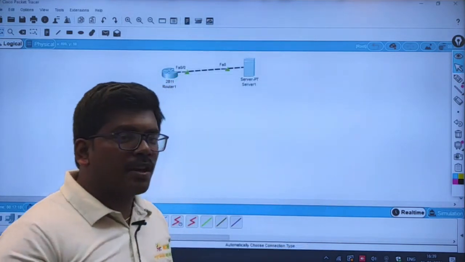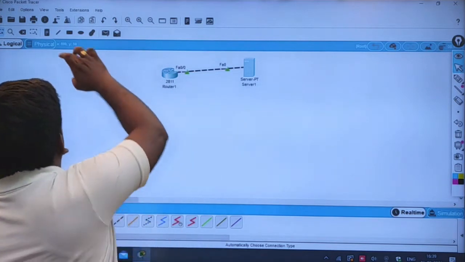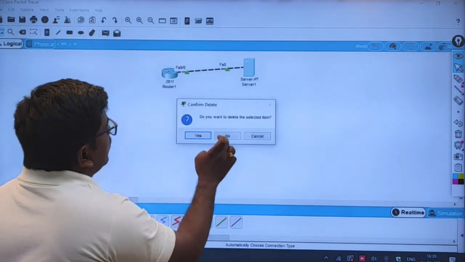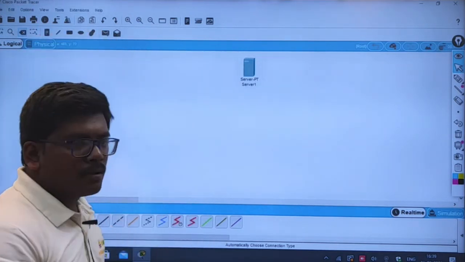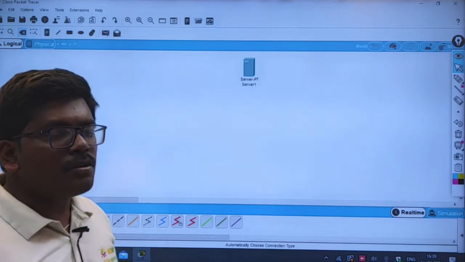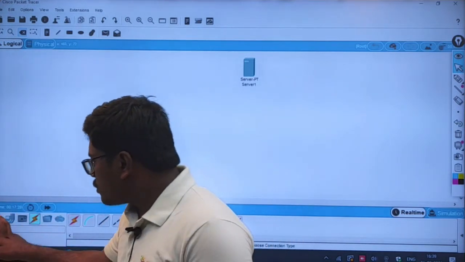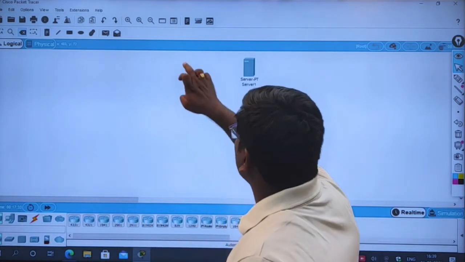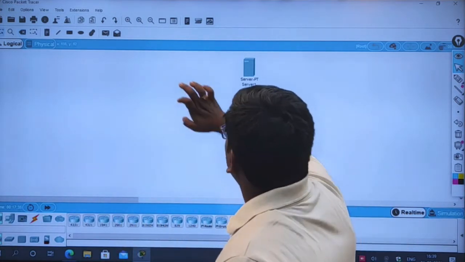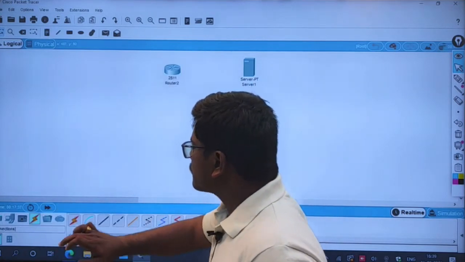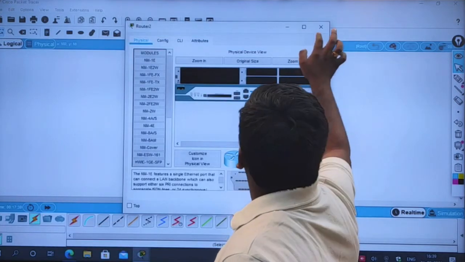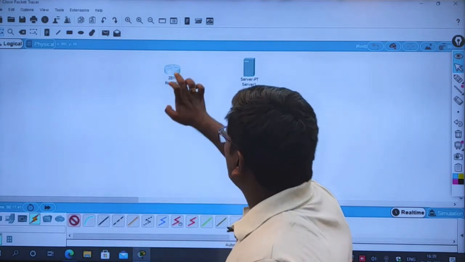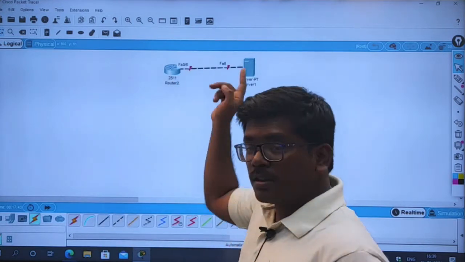To check the restoration process, I'm taking a brand new router and deleting this particular router here, right? Due to some issues, I need to change a router. So I'm taking one more 2811 router and trying to connect here, FastEthernet 0/0.